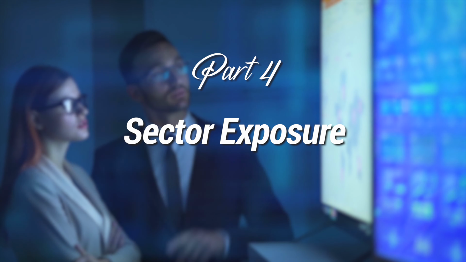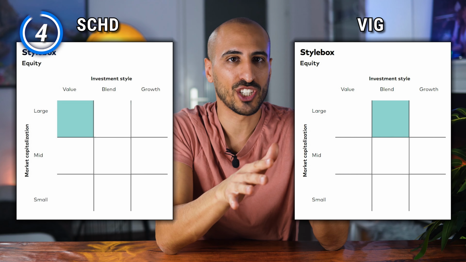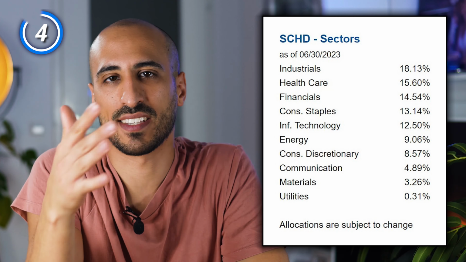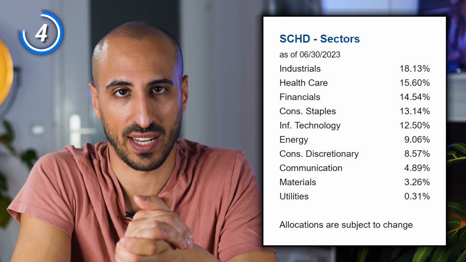Moving on now to the next aspect, we're going to analyze the sector exposure of the two ETFs. First off, both ETFs exclude REITs. SCHD is tilted more on large cap value, whereas VIG has more of an allocation on large cap blend and growth. SCHD has a strong exposure to industrials and healthcare, with the financial sector following with 14.54%